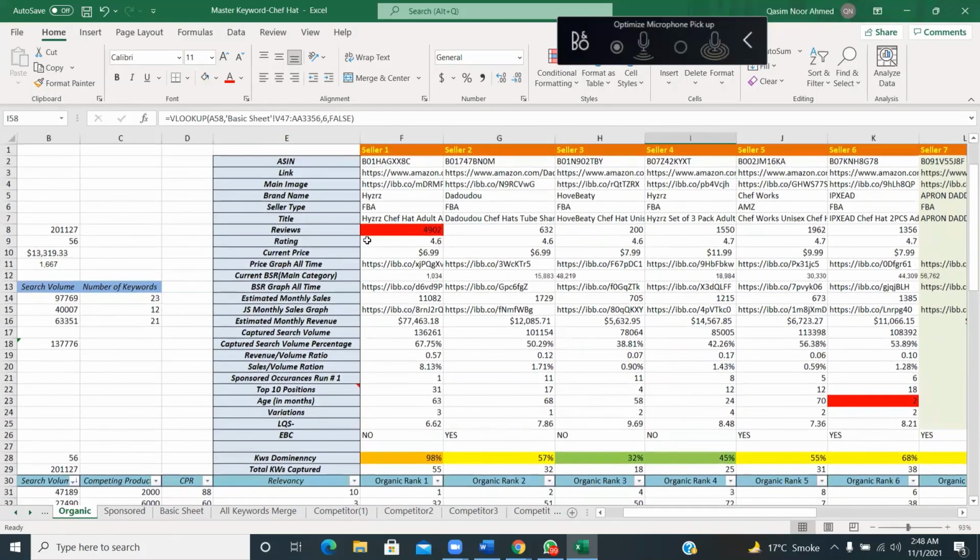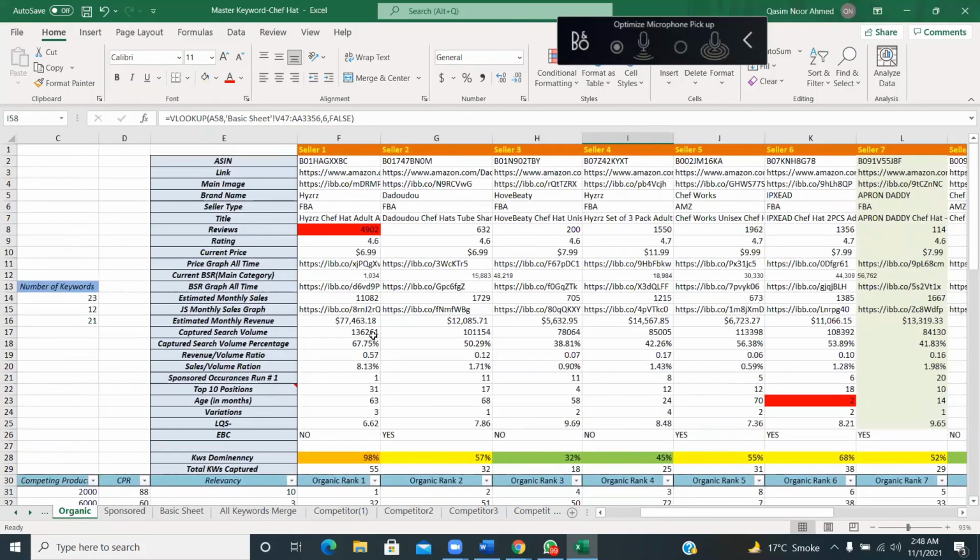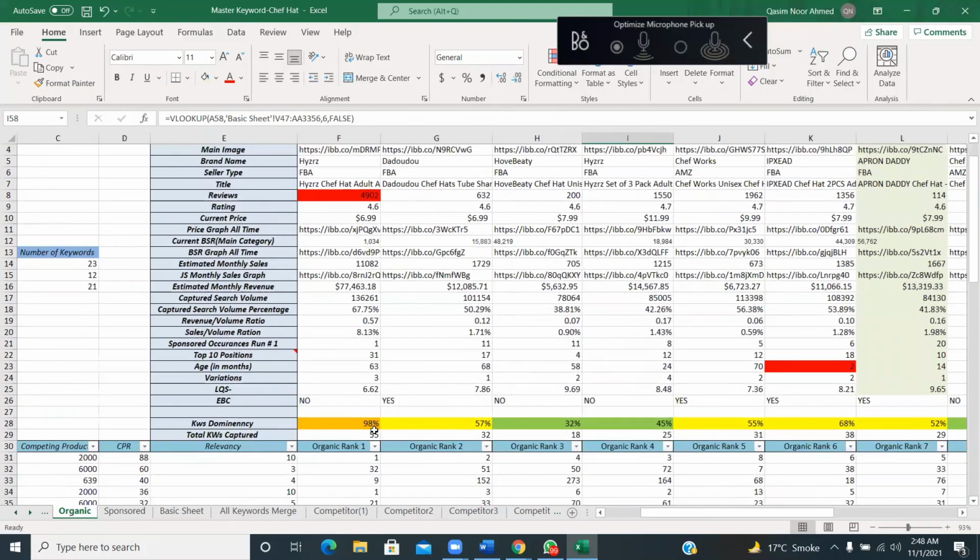So yes, this was a quite big session today, but the main purpose of this, in the first part of this session, we discussed how to build a master keyword file from scratch, and in the second part, we discussed how to analyze it and how to select our main comparator after analyzing this niche। इसमें अगर ये हमें नीश कोई थोड़ी सी खराब मिलती, तो लाइक वी आर आइडेंटिफाइंग द अपॉर्चुनिटीज, वी आर वैलिडेटिंग द प्रोडक्ट।